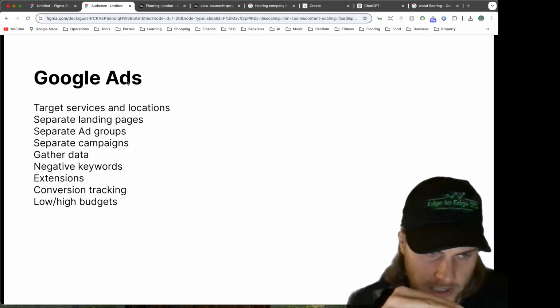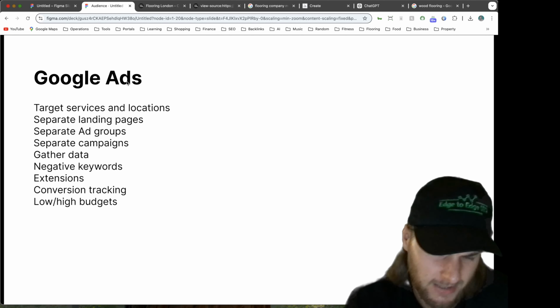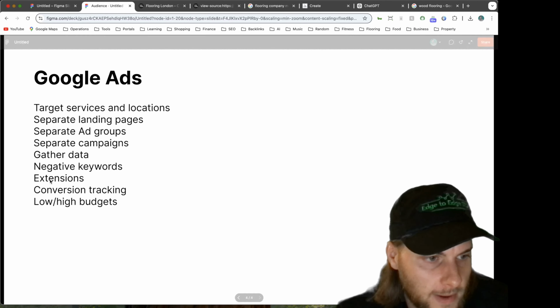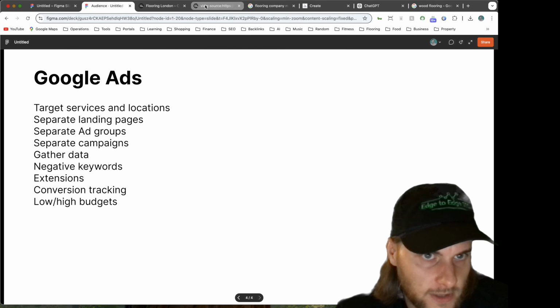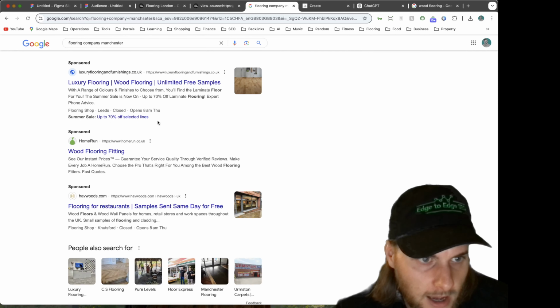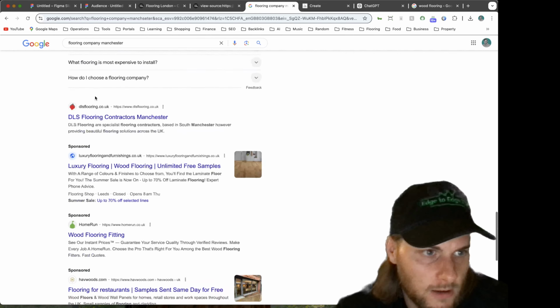There's also extensions that relate to your products and services. All of that, again, is one of those things that I have to kind of show you, but you're going to want to make sure that you fill out as many of those as possible, because the thing with Google Ads is it's not just getting to the top, but also getting as many different extensions to come up at the top and take up the most amount of room on the Google Ads.